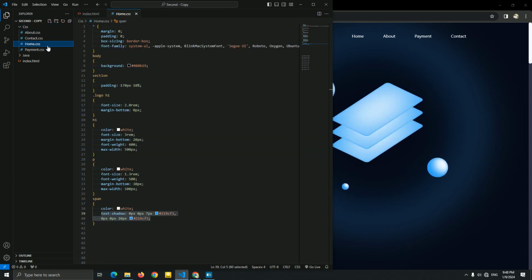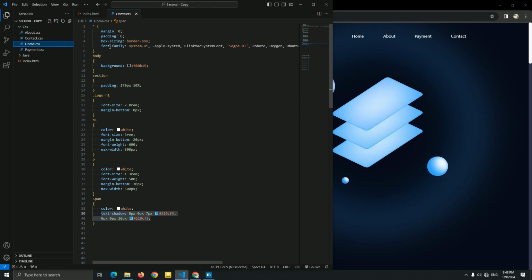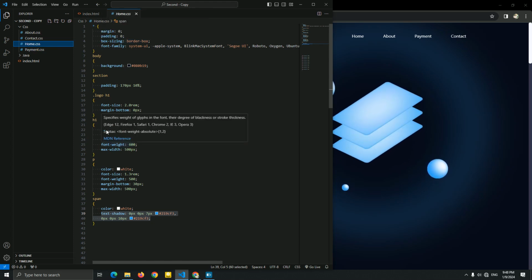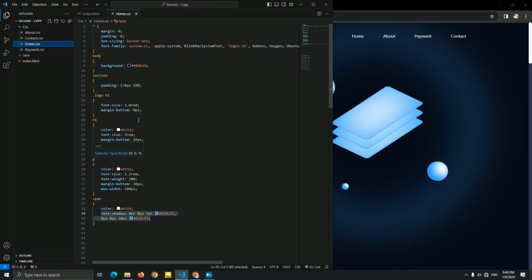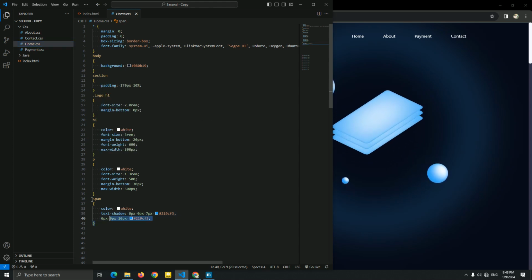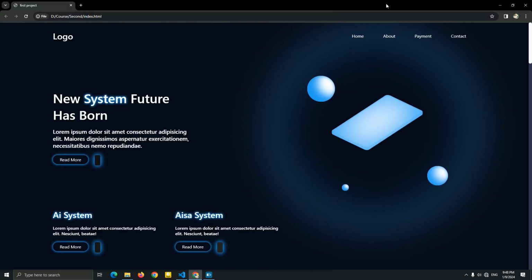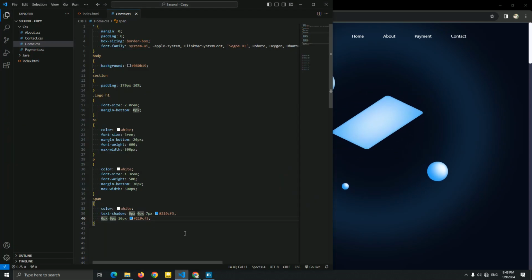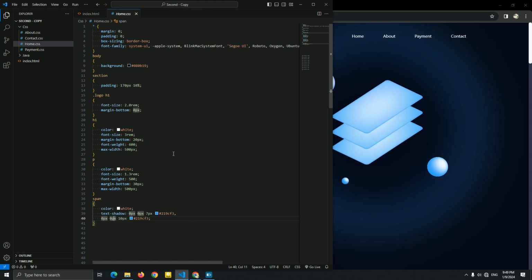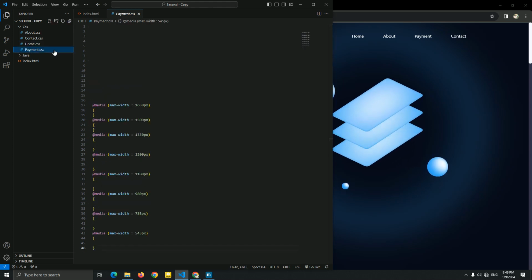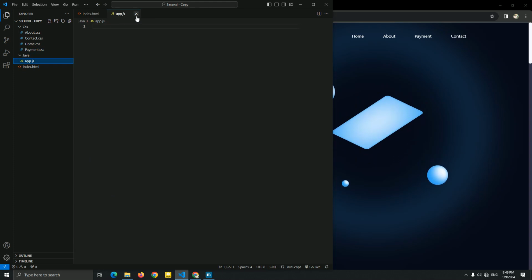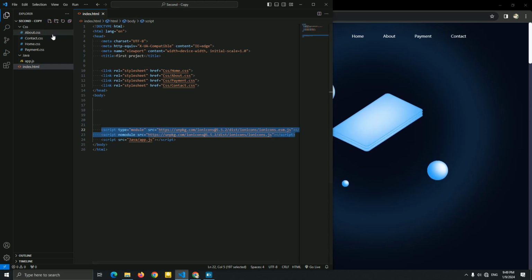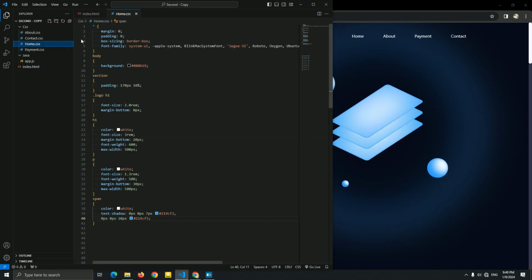And I just added the star selector with margin 0 and padding 0, a little style for the h1 and the p for the font size and the color white. And I added a span color for the text shadow. As you can see, we added this text shadow to be a blue light of this color, a lovely color. Okay, very good. This is the basic style just added here for this section and this payment. Just pause the video, guys, and create it very fast.